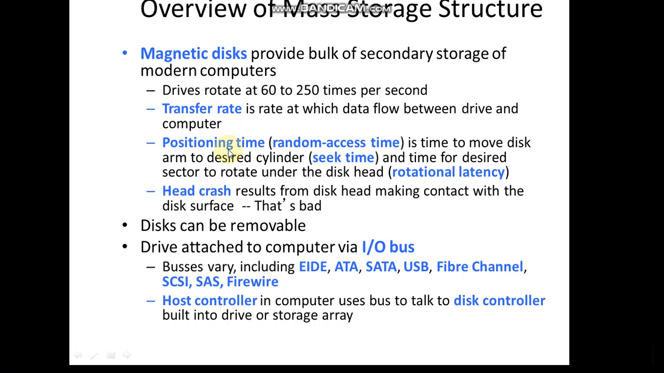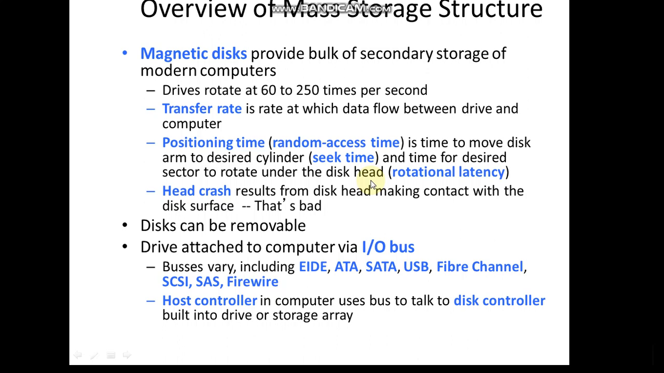Then we have positioning time. This is also called random access time. It is the time to move the disk arm to a particular cylinder, which we also call seek time, and the time for the desired sector to rotate under the disk head. So what is this seek time? That is the disk cylinder sector that we are supposed to look into in the next slide about the